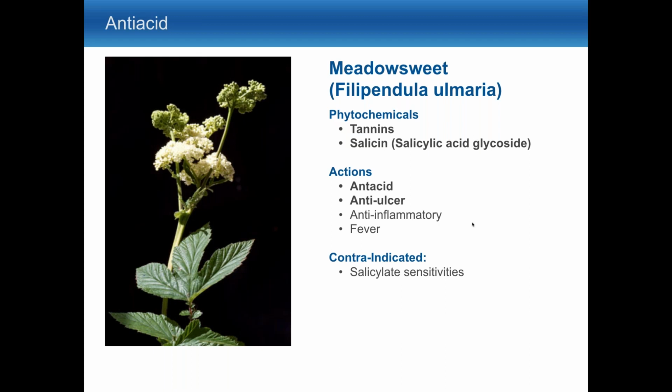I do know that tannins in general could have an anti-secretory effect and decrease stomach acid, and it may inhibit the formation of histamine as well, which is used as a chemical messenger for generating stomach acid. So historically, it was used for heartburn and digestive issues where there is a burning sensation. Because it contains salicylic acid, like you would find in willow bark and other sources of salicylic acid,